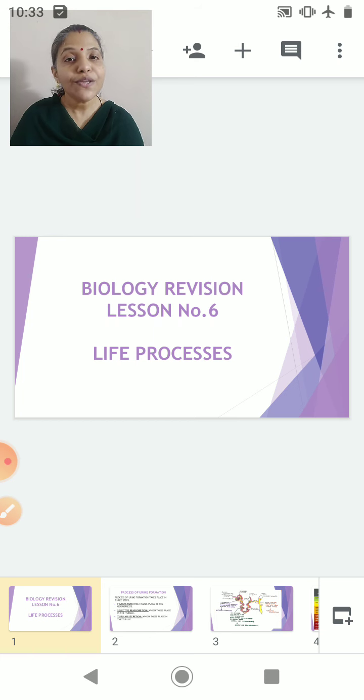Now where is the urine formed? Now the urine is formed in the nephron. And what is the nephron? Nephron is a structural and functional unit of a kidney. The structural and functional unit of a kidney is called a nephron, and the urine formation takes place in